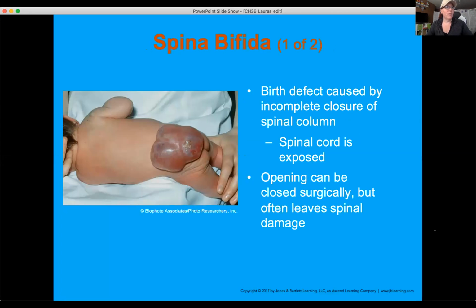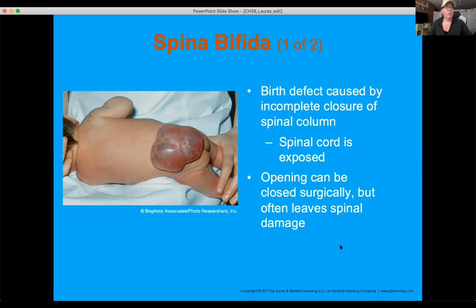All right, spina bifida. This is when the spinal column doesn't completely close while fetal development is occurring, and so the baby is born with part of the spinal column exposed. There are surgeries they can actually do in utero now where they can go in and try to close up the spinal column, but there are a lot of issues with that in and of itself.